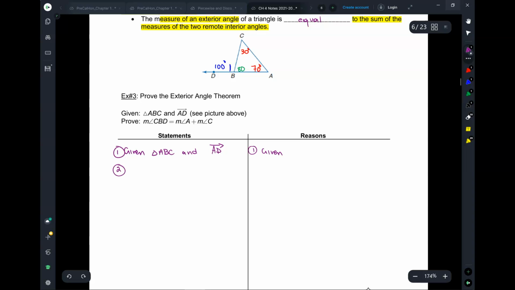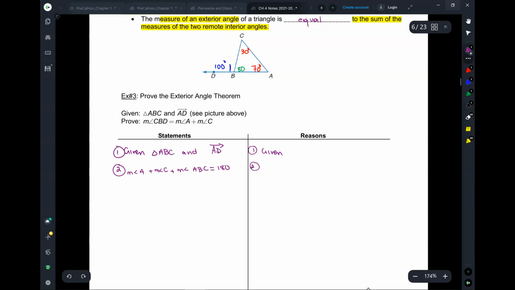We need to prove that measure of angle CBD is equal to measure of angle A plus measure of angle C. Okay, well, what do I know about the angles inside the triangle? I know that measure of angle A plus measure of angle C plus measure of angle ABC equal to 180,